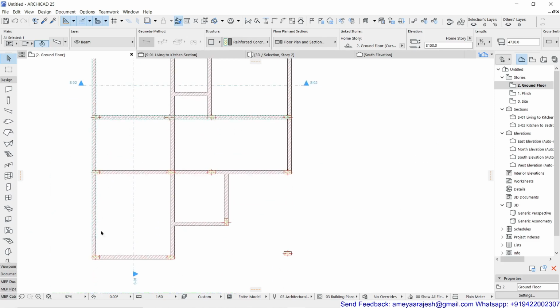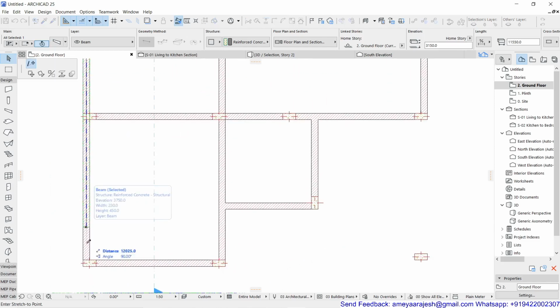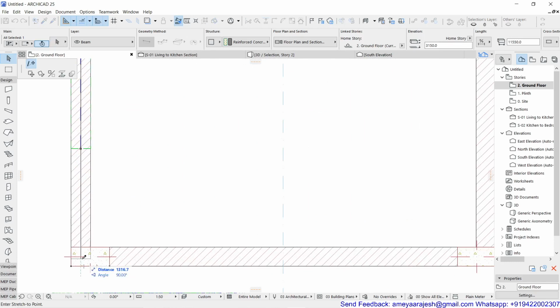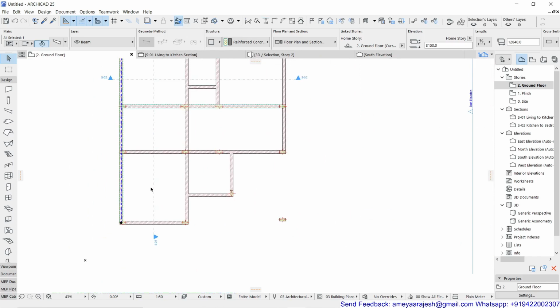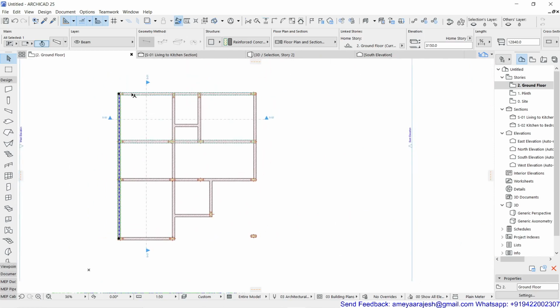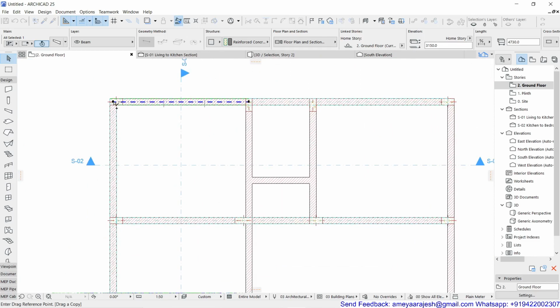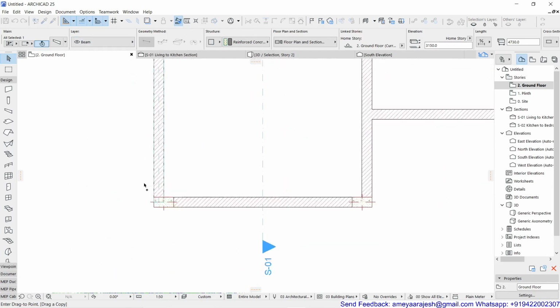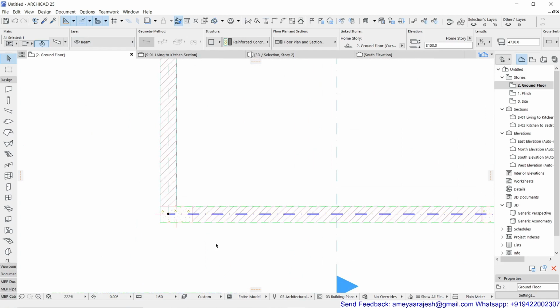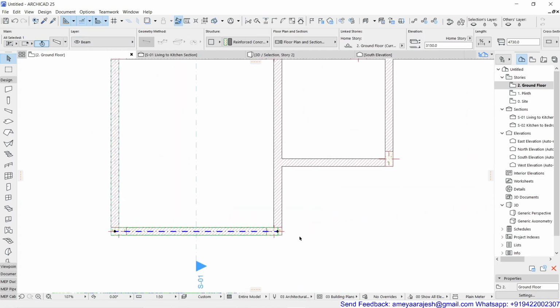Now remember, this is something very important. Please make sure that at any cost you maintain the precision level, and apart from that, always follow the correct placement of the beam reference axis.